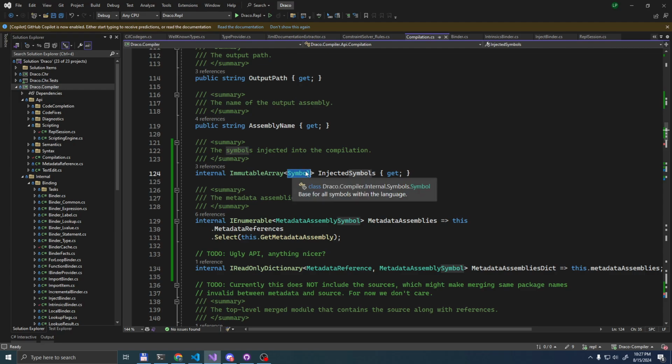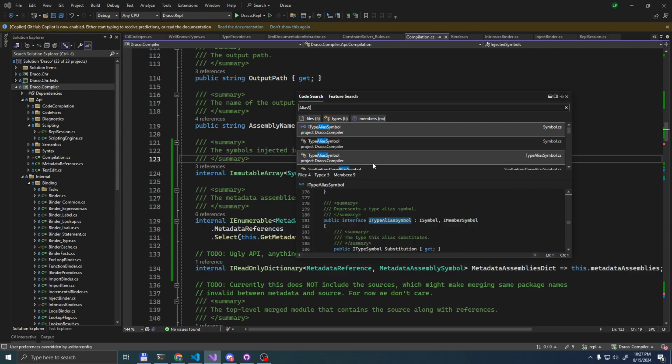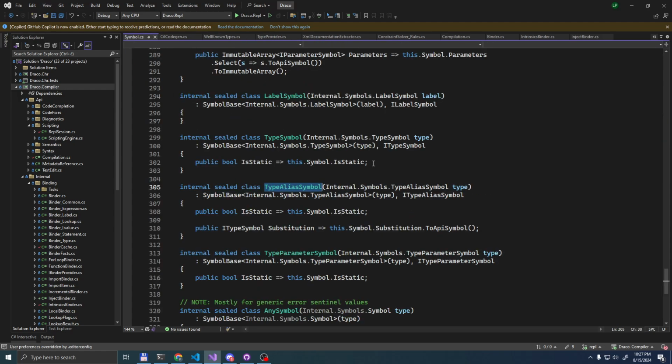So internal symbols, injected symbols. Okay, we need to change this to something that represents a fully qualified name. Let's do this. Do we have aliases? I believe we do. Oh, we have type aliases.